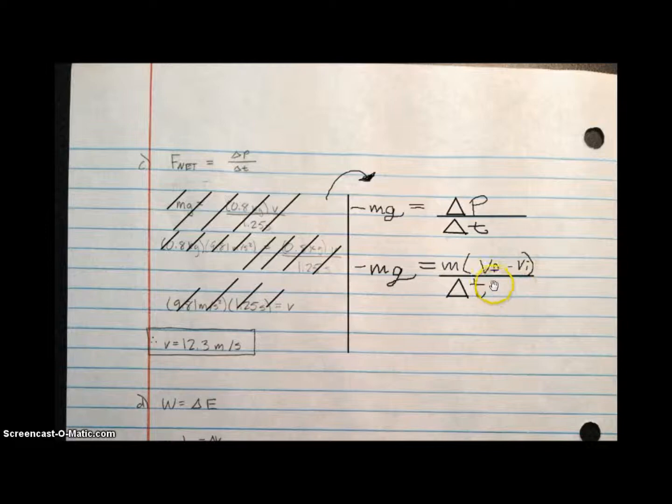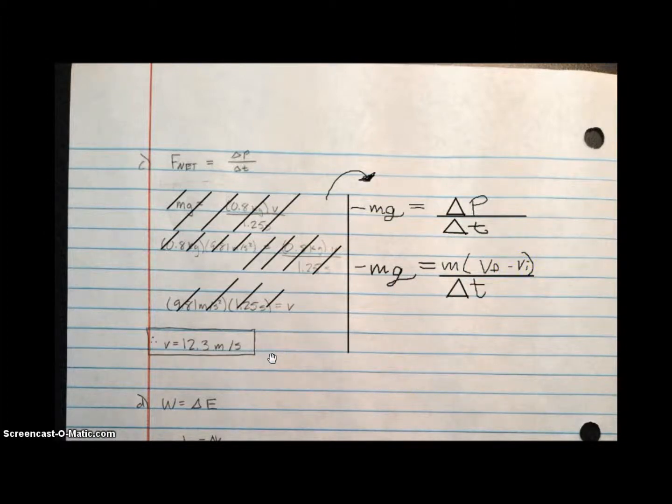For this part, I chose the final velocity to be where the ball is at the crest or peak, because the velocity is 0. So now we're just working with the mass times the initial velocity, which is what we're trying to find, and it's negative. So negative mass times initial velocity over delta t is equal to the negative force. We multiply this time by the force, and we divide by the negative mass to get a positive 12.3 meters